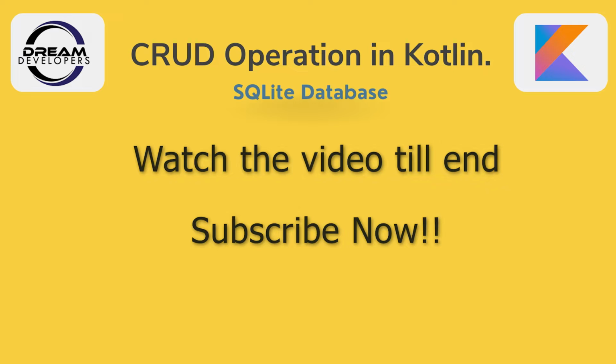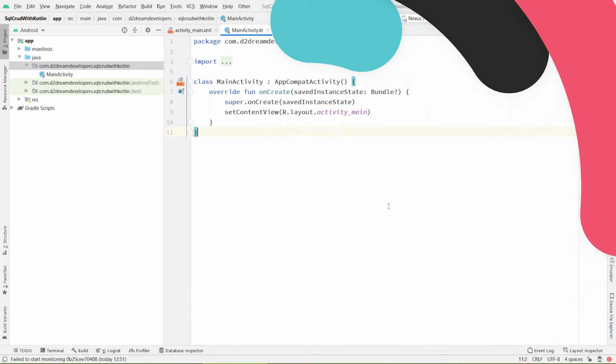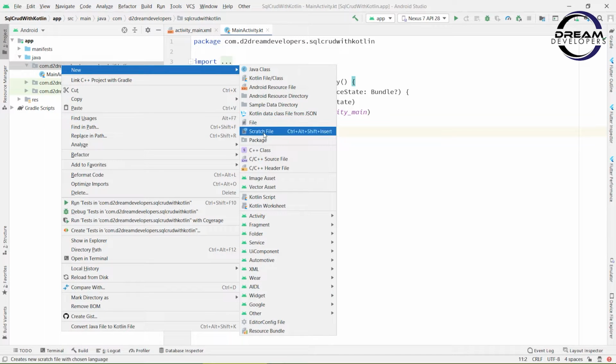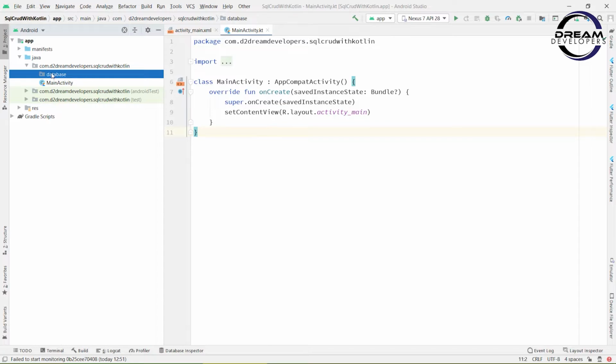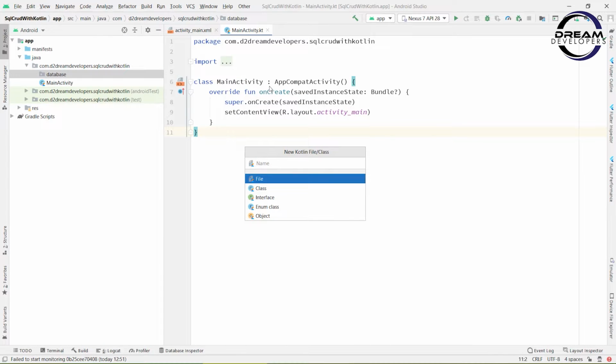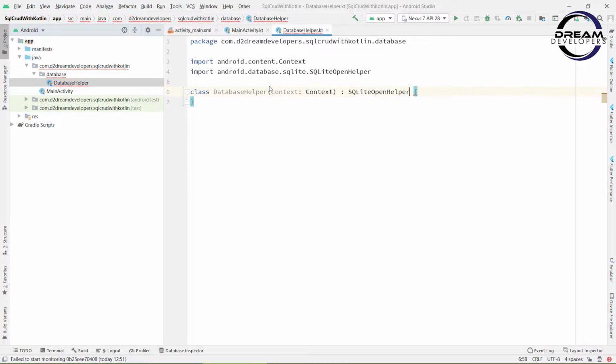So let's begin. Here I have created new blank project. Now first we will learn how to create database in Android. For that we will create one helper class. So here we will create new package name as database, and in this package we will create one class file name as database helper. Now here we will take one argument and we will extend SQLiteOpenHelper, and in